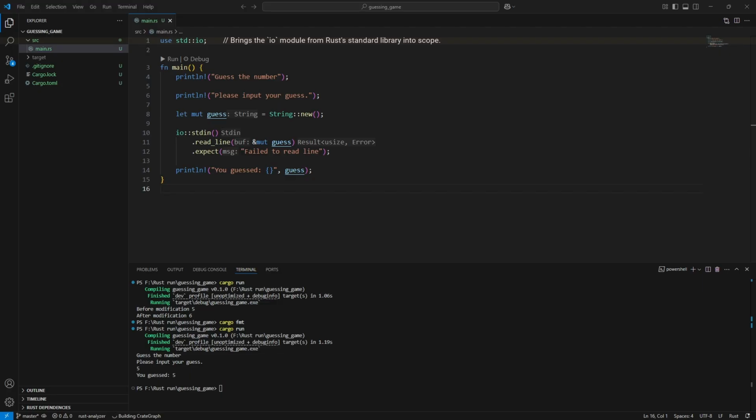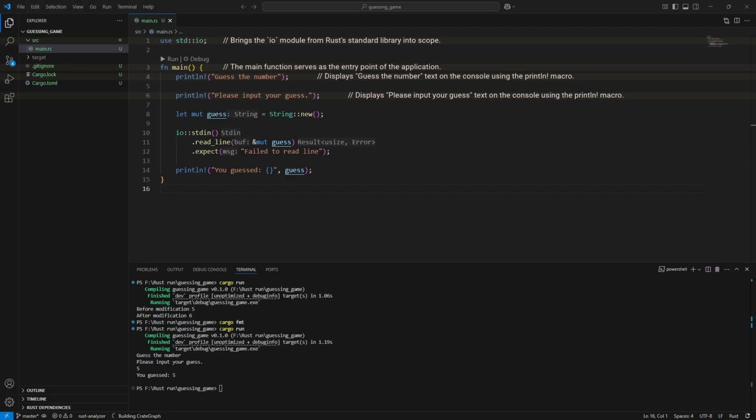On line 1, we used the use statement to bring the IO library from Rust's standard library into scope. This library allows us to handle user input. On line 3, we declared the main function, which serves as the entry point of our application. On line 4, we use the println macro to display "guess the number" on the console. On line 6, we're using the println macro to display a message to the user: "Please input your guess." This line prints the text to the console, letting the user know that the program is